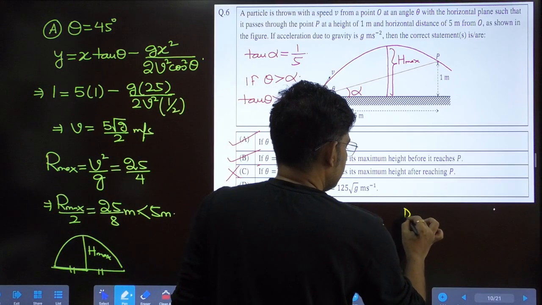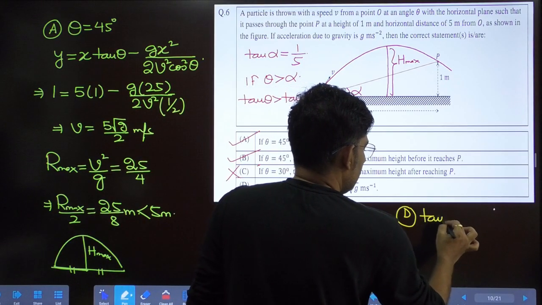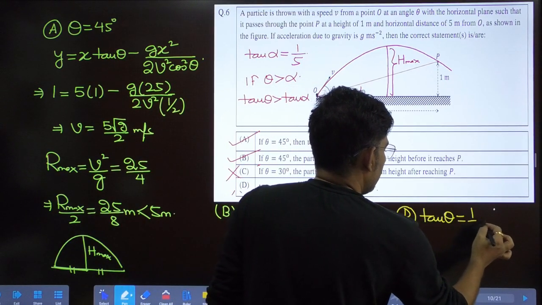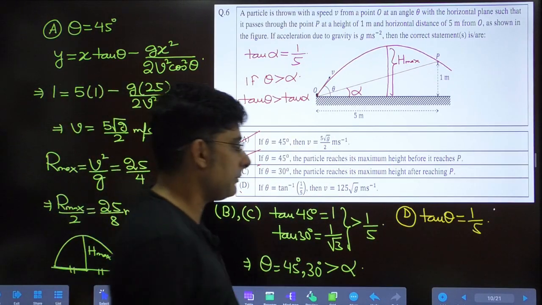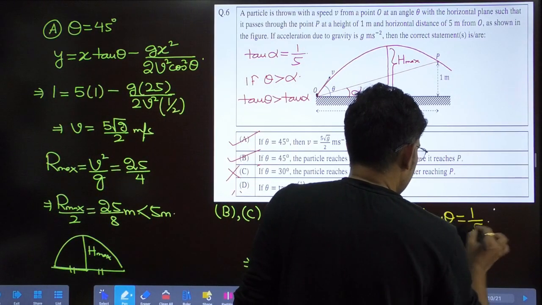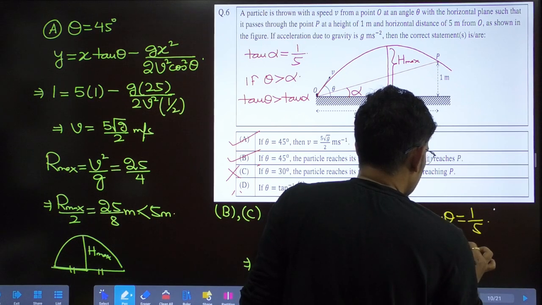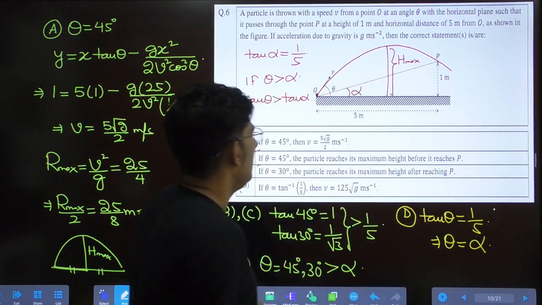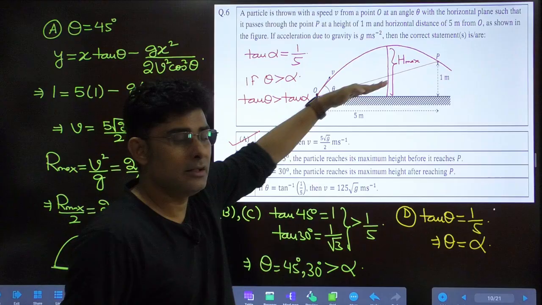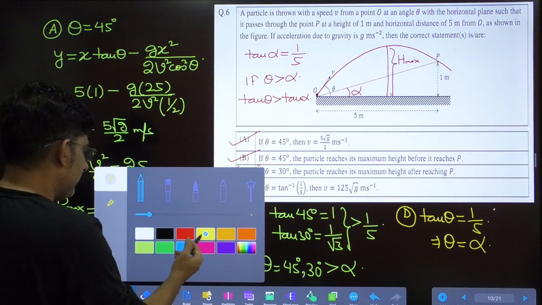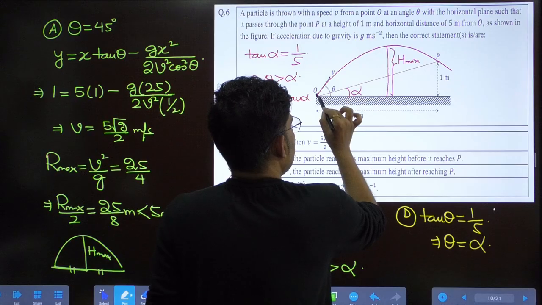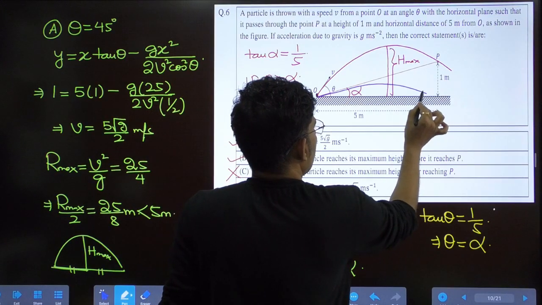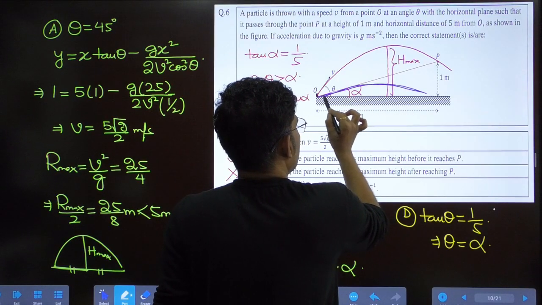If tan theta becomes 1 by 5, they have said theta is tan inverse 1 by 5. So tan theta is 1 by 5, which is tan alpha. So this means theta is equals to alpha. So if theta is equals to alpha, so just say what will happen. If theta becomes equals to alpha, then obviously the projectile will curve down